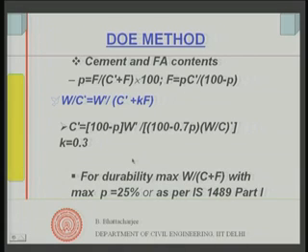But then one more thing, I must compare this W by C dash, of course, with the durability requirement, whether I am satisfying the maximum, but there is an advantage. While comparing the durability, I need not compare W by C dash. In fact, I can compare W by C plus F. So, this I can compare for the maximum, and similarly for the minimum cement content I can compare C plus F. So, take total cementitious while taking durability into consideration, and take the water by total cementitious ratio instead of cement. Cementitious means cement plus pozzolana.